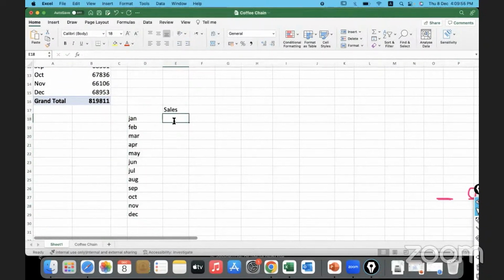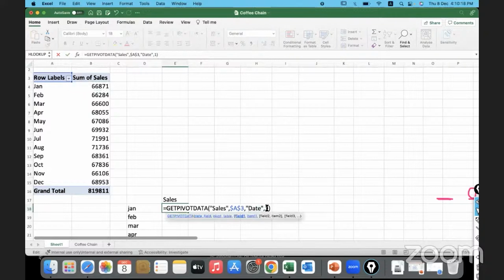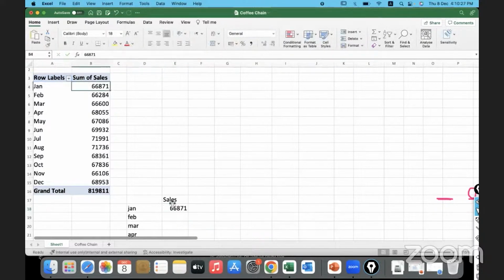So how do we do it? We can put the equal to sign, go up to the value and select the value directly. The moment I select the value, you will notice how Excel has automatically populated the formula. It is getting the pivot data for sales, which is beginning in cell A3. And it is getting data for which date? 1. 1 means Jan. Jan is the first month, right? So 1. And once I hit the enter key, you can notice how data from here has been